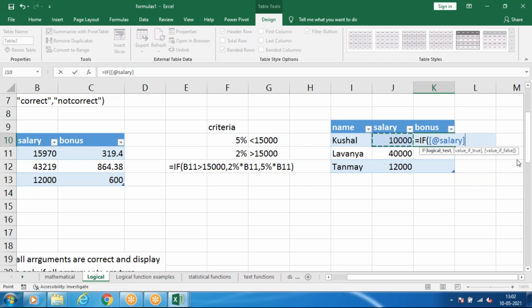Yes, someone is speaking. Yeah, tell me. Sir, I can't understand what you are doing, sir. Yes, Sarath. Sir, I can't understand.